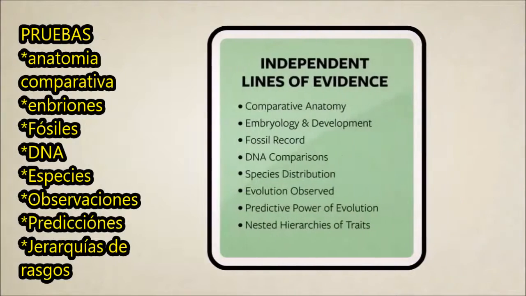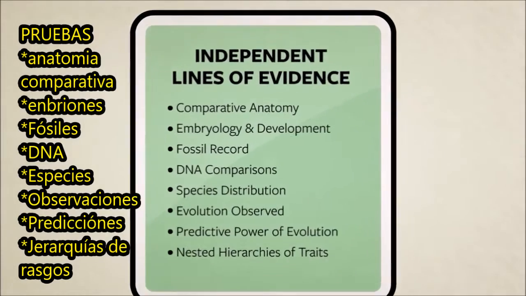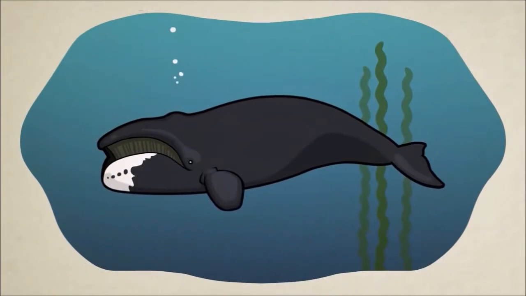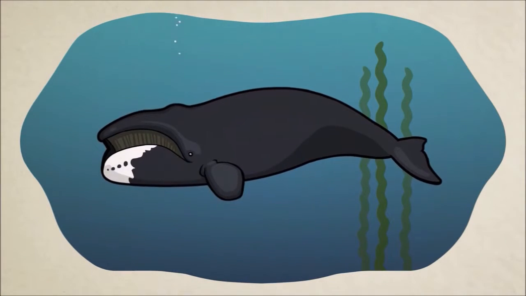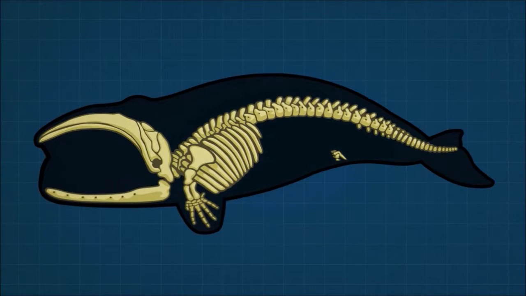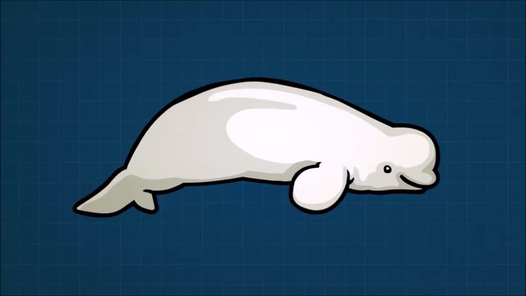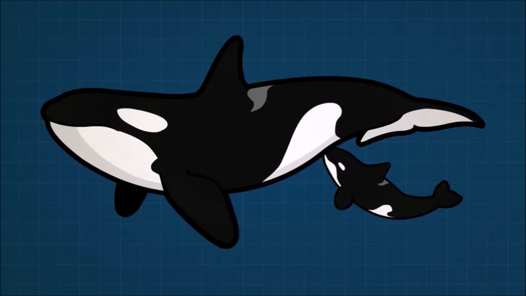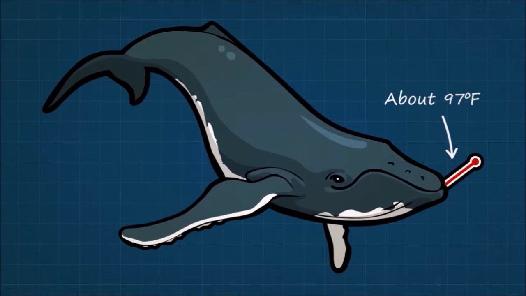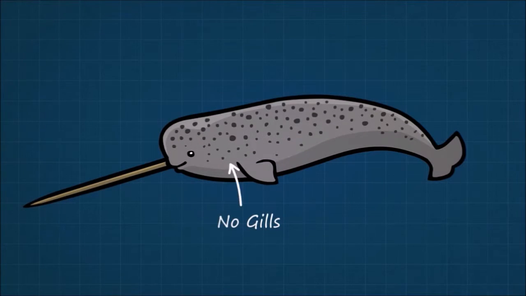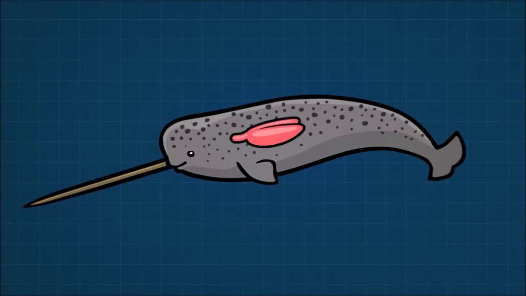Instead of taking their word for it, let's look at the facts. We'll start by looking at a few from the field of comparative anatomy, the study of differences and similarities between living things. Whales live in water, and from a distance, they sort of look like giant fish. A close inspection of their anatomy, however, tells us a very different story. Whales, just like land mammals but unlike fish, have placentas and give live birth. They feed milk to their young. They are warm-blooded, which is extremely rare for a fish. And whales do not have gills. Instead, just like us, they breathe air with 2 fully developed lungs.